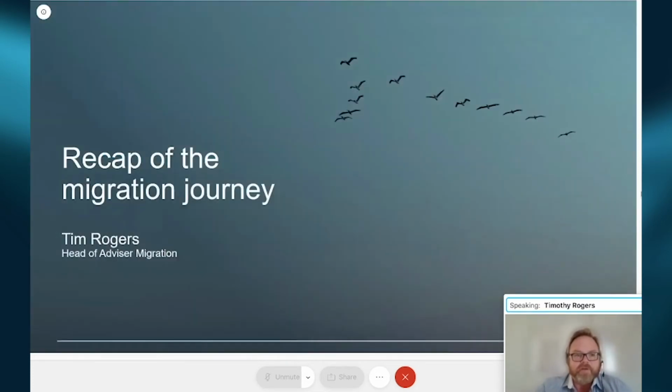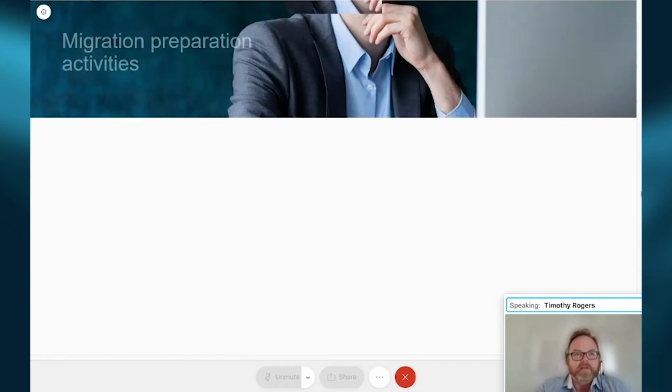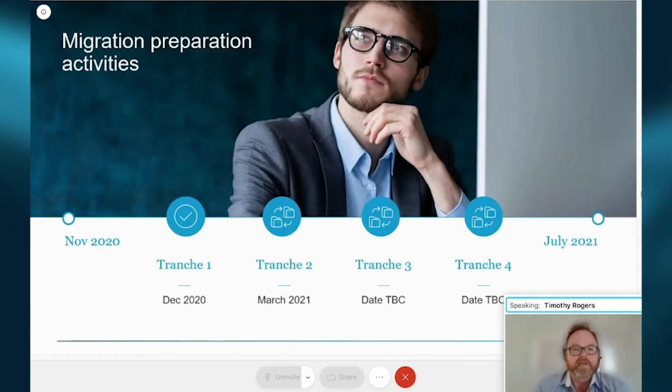So, recap of the migration journey. If we just flick to our next slide, I'll take you through three slides, if you like. First of all, the preparation activity. If we look at what migration is from our perspective, it's a move of wrap accounts from the old operating system, being wrap, which is some 20 plus years old, to Panorama, being the new contemporary platform. As you can imagine, it's a very large business, with tens of thousands of clients, billions of dollars of funds under administration, and we want to do that in 4 key